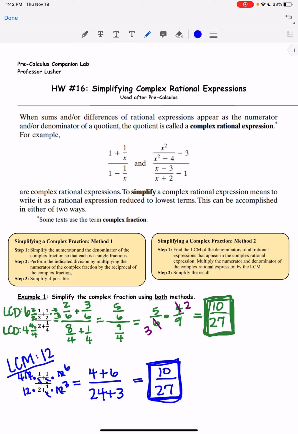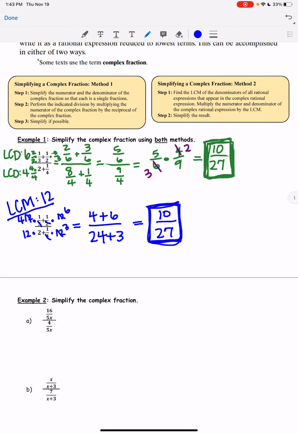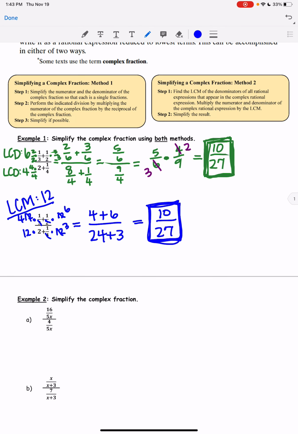Okay, so I'm going to be using method 2. I say that, and then we're going to use method 1, okay? These two are really the same things. And so when it's just a fraction and a fraction and a fraction, when you're not adding fractions in the top and adding fractions in the bottom, it really doesn't matter which one you use. So if I use method 1 here,